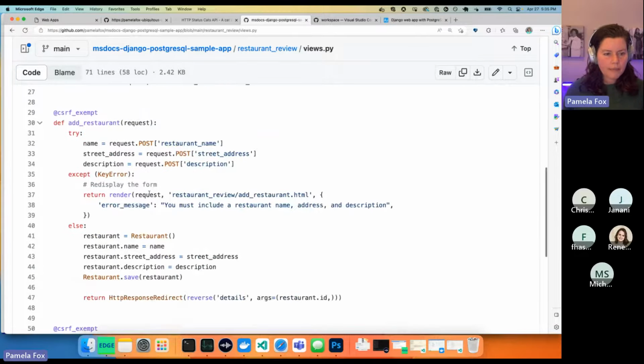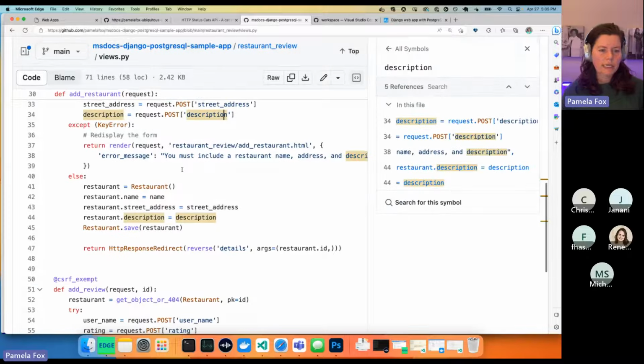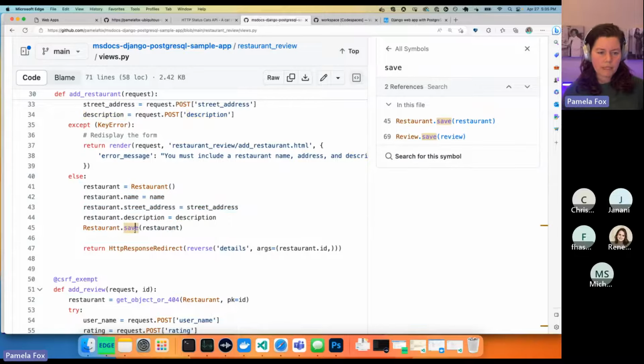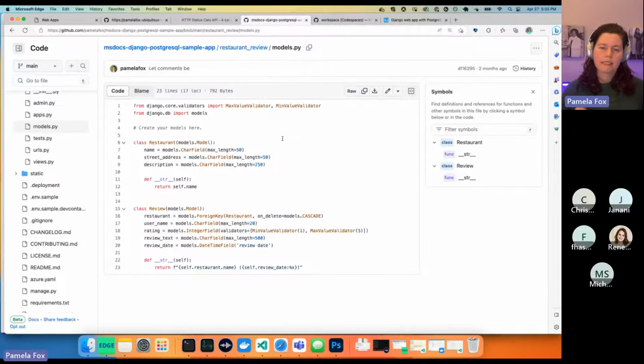And yet the other views are similar, and some of them also are handling form data. So they're looking at the form data and then creating new objects in a database. So here we create a new restaurant, we save the restaurant. Those models are all coming from models.py. And remember, every Django project follows the same structure. So Django projects tend to be more straightforward to follow than Flask ones because they should follow this standard form. So here you can see our models, and we define them similarly to the Flask one.